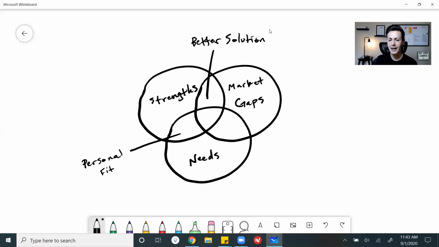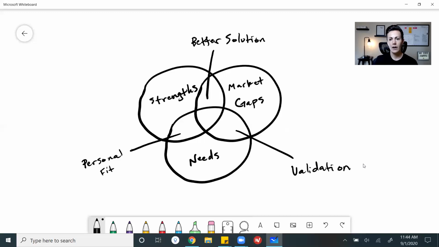And again, we're not just looking at the initial app here. Yes, that matters, but we're talking about throughout the lifetime of your app. As your app evolves, you will constantly be able to create a better and better and better solution. So it's really important that you look at these two things together. And when you look at needs, problems that need to be solved, and you look at the market gaps, and those two things align, then what you have is a lot of validation. And that's also really important.